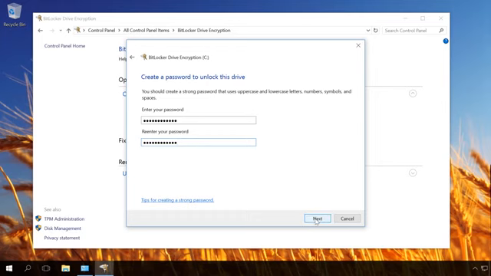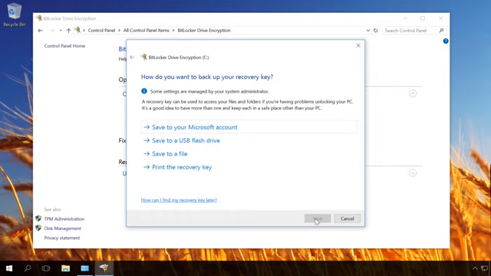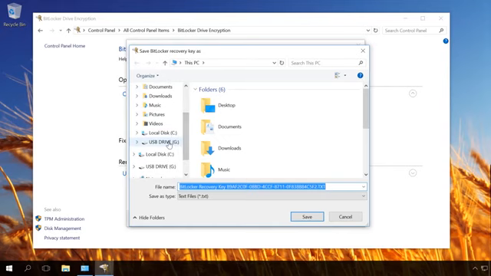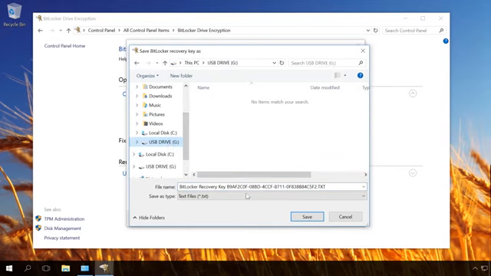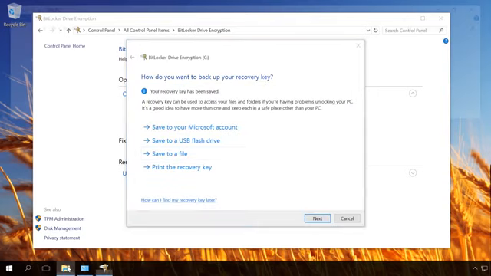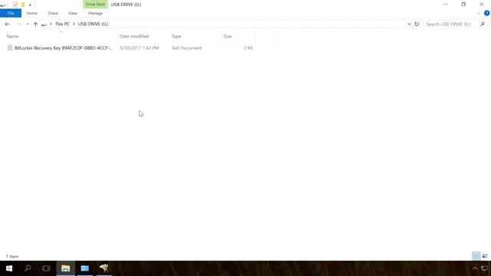Now choose where to save the recovery key. You cannot save it to the encrypted disk. Until the key is saved, you cannot go on with the setup. In our case, save it to a file. Select where you want to save the recovery key. I save it to a USB drive. Let's check if the key is saved in the proper directory. Next,